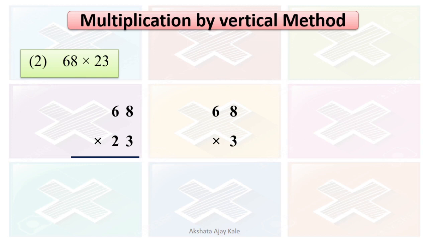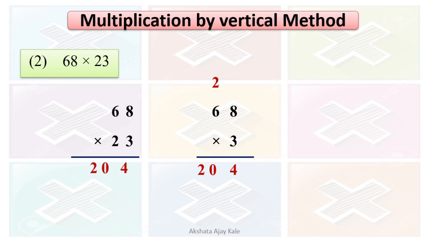Correct? Now 8 3s are 24. Very good. So 4 I will write down and 2 is carried over. Correct? 6 3s are, or 3 6 are how much? 18, isn't it? Plus 2, that is 20. So we got the answer, that is 68 multiplied by 3 is equal to 204, that we will write here. Okay. Now